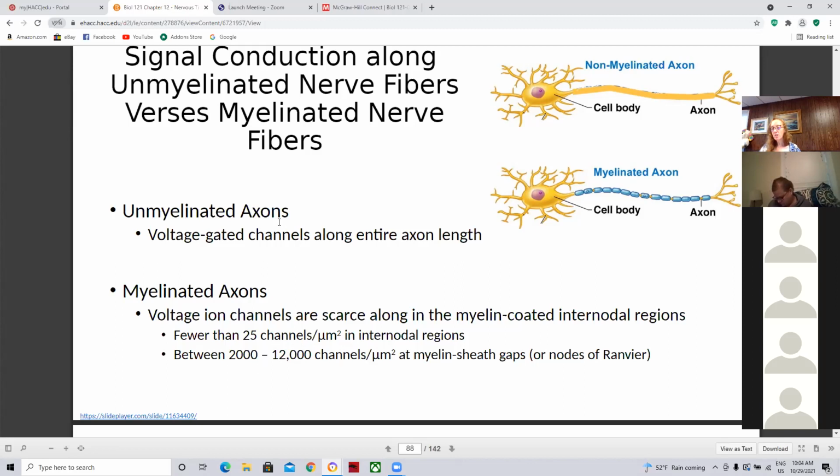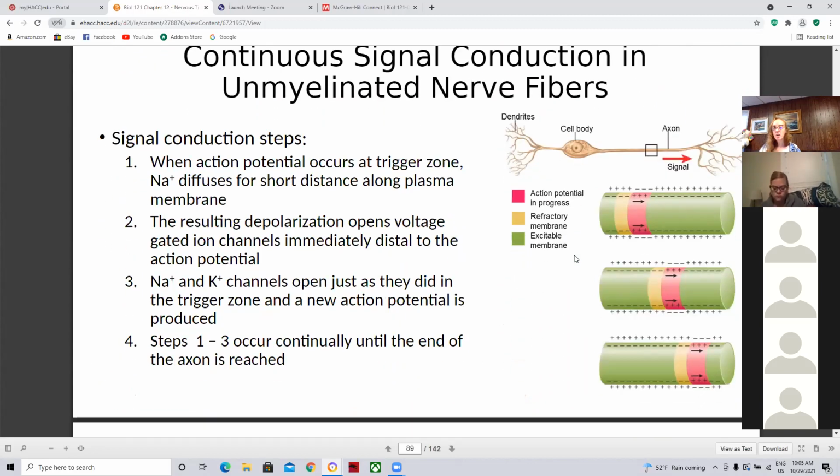So there are voltage gated channels along the whole unmyelinated axon. Myelinated axons, they're only specific. There's many channels at the nodes of Ranvier. Remember why we have myelin: it helps prevent leaks. But on top of that, we also have lots of channels at the regions where there is no myelin. This is important because